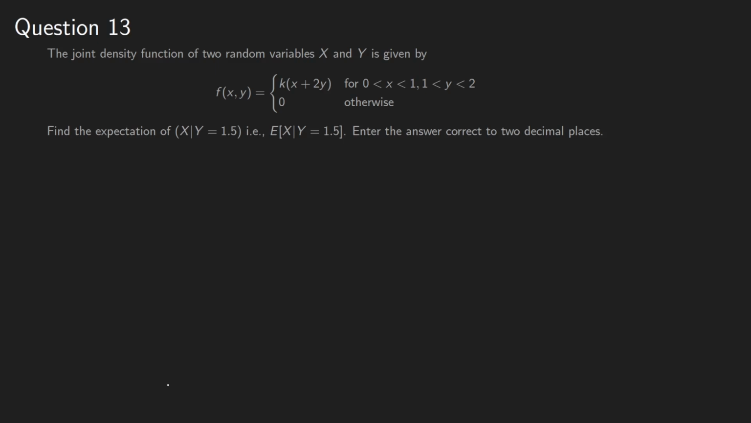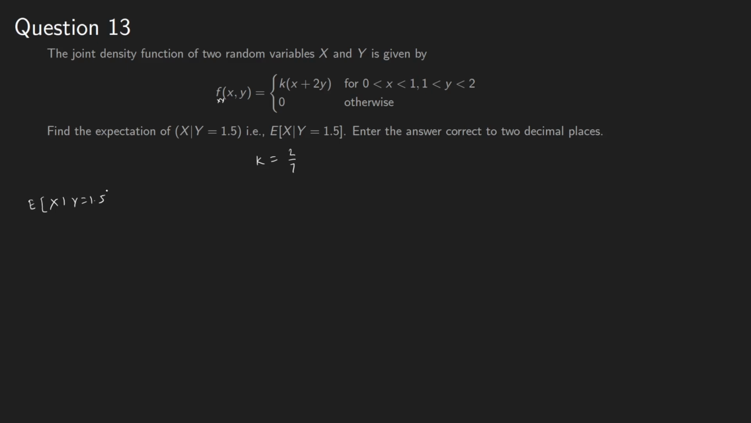This question number 13 is based on the same data that was given for question number 12. So we have the same joint density function, f(x,y) at x comma y. There we did not know k, so we found it out. It was equal to 2 by 7. Now using this joint PDF, what we need to do? We need to calculate the expectation of a conditional random variable, which is x given y equals 1.5, and we have to find out the